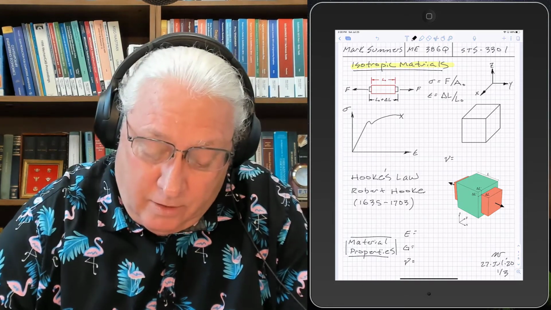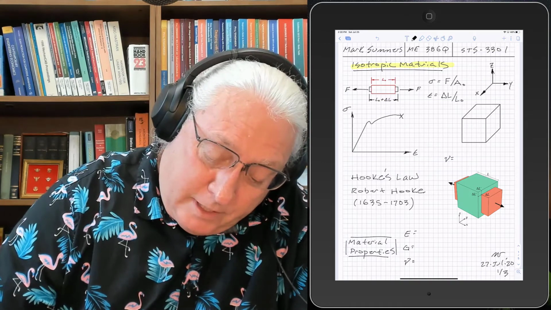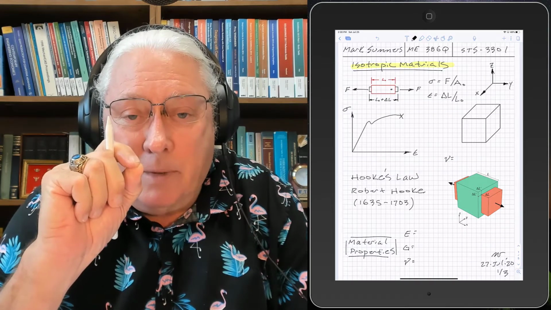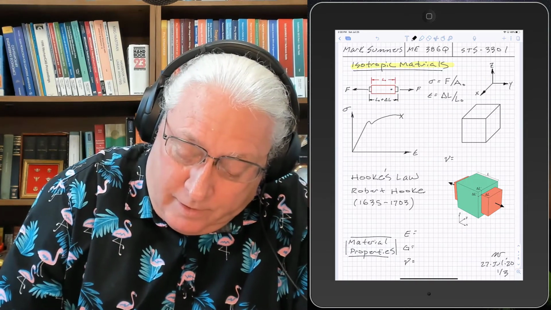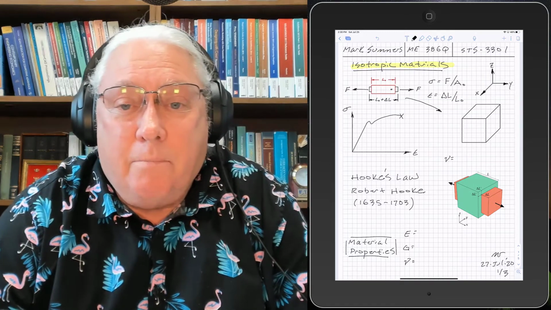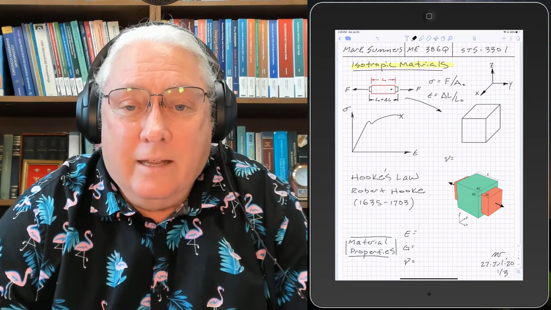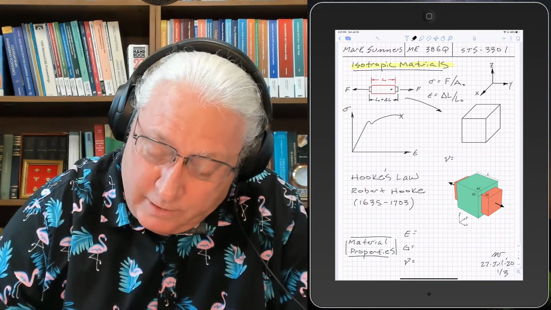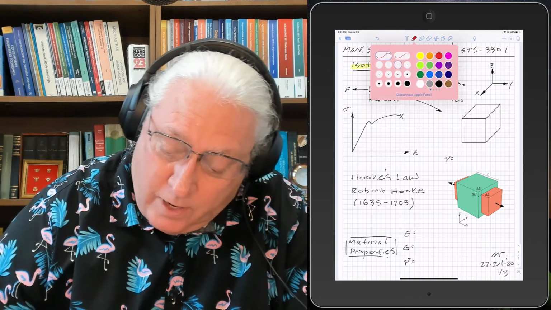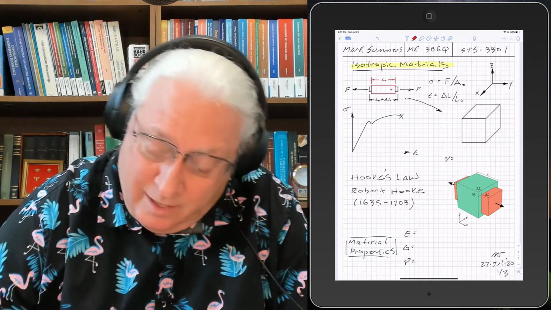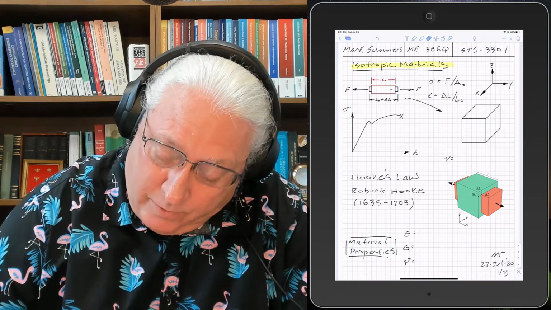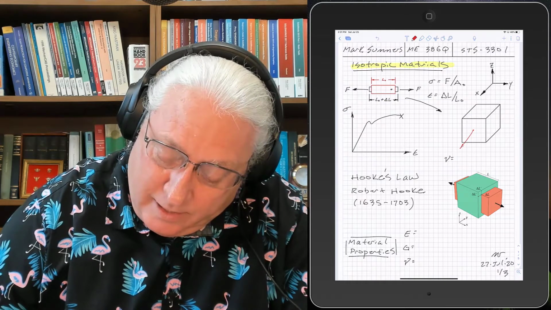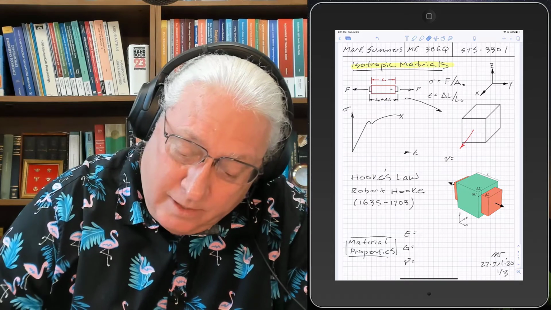Now let's look at this test specimen, and let's pretend we take an infinitesimal sized element and blow it up and look at it real closely. I've blown it up into this cuboid over here on the side, and let's define our different states of stress. I've got my coordinate system there, and let me turn on red here. I'm going to draw the normal stresses on this element, and we label these based on the direction that they act. We're going to call this sigma x